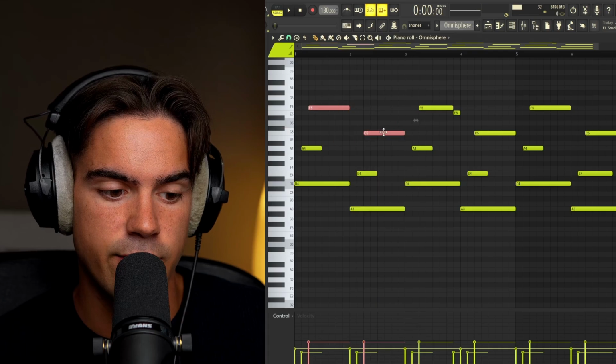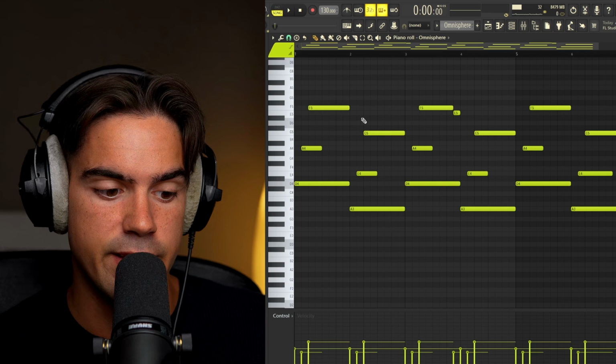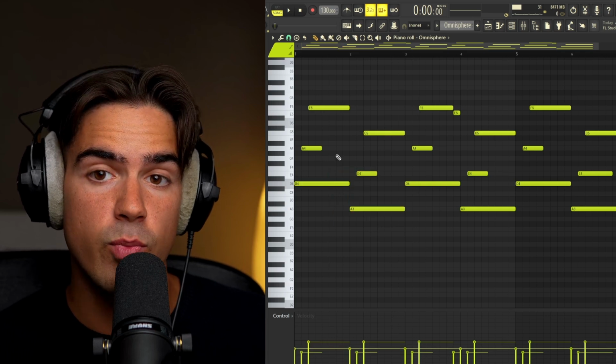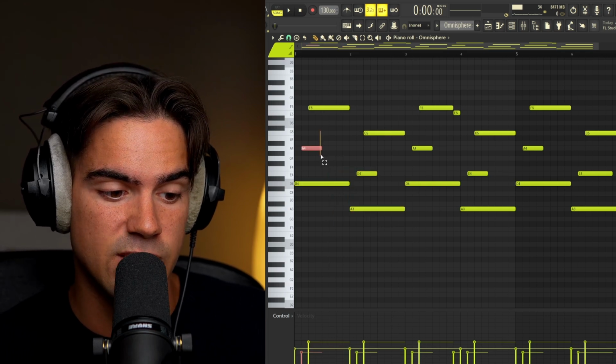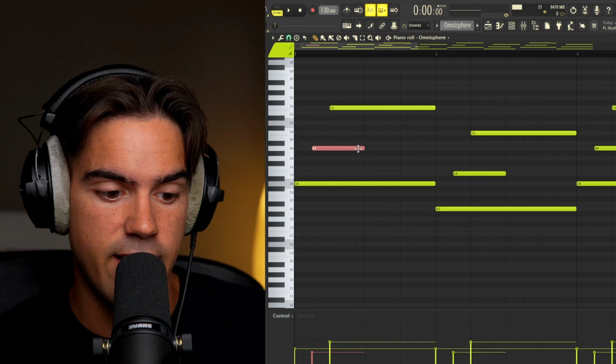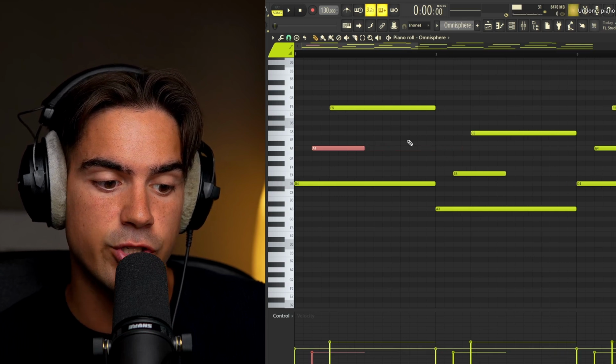These higher velocity notes actually have a different sound to the lower velocity notes. Now, one more trick you can do is shorten some of the notes. As you can see, instead of having this played all the way extended out like the rest of the notes, I shortened some of them, because this, again, is specific to this VST, but it gives a way different sound,